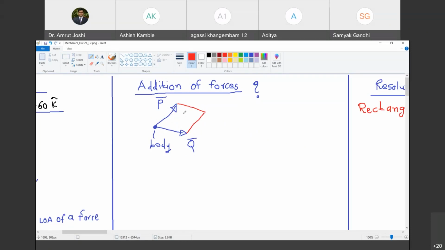Now what should I do next? Yeah. So draw the diagonal. Okay, I have drawn the diagonal. There are two diagonals. Which one? The one from the body to the opposite side. Yeah, so the one that passes through the point of intersection of the line of action of these two forces. Are you with me? Yes, sir. And now what should I do? Is it towards the point of application or away from the point of application? Away from the point of application.